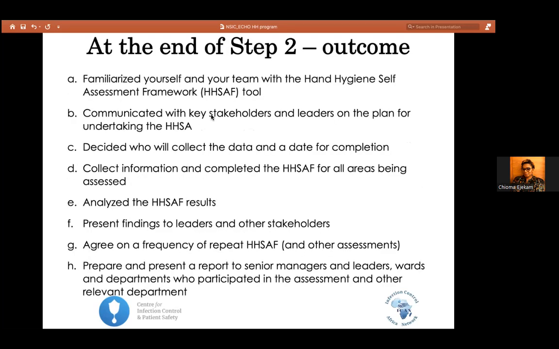At the end of that assessment, you would have summarized the findings, analyzed them, and presented them to your stakeholders, who will see what has happened, because it's important at any time that you provide feedback on whatever you're doing. So you let them know, okay, we don't have a program, or we have a program that is non-functional, or we have a program that is suboptimal. We're going to dwell on how HSAF is structured, and I'll have a makeshift scoring of what it looks like. But this is what happens in stage 2. So at the end, you need to present a report of the findings, keep this safe, and then agree on the frequency of your HSAF assessments.